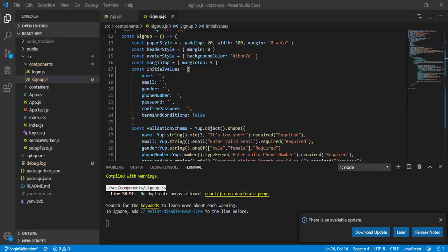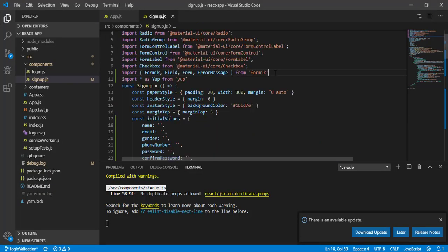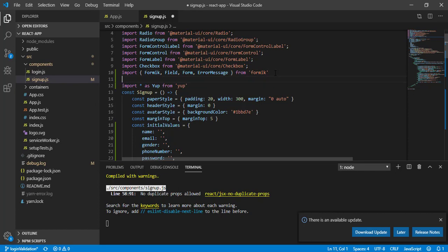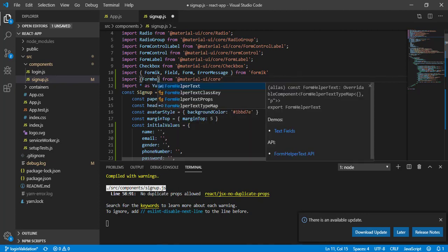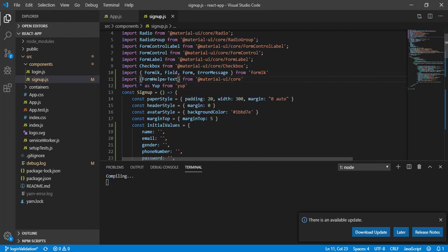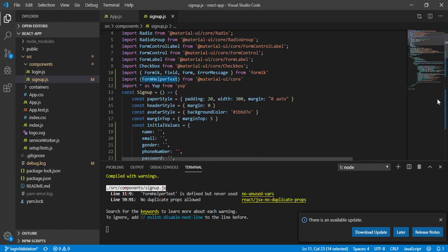So for that, what we have to do is import FormHelperText from the Material UI core.